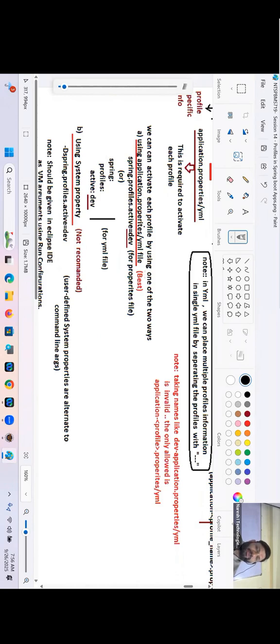We can activate each profile by using one of these two ways. In the application.properties or YML file, that is, spring.profiles.active=dev. Or we can take the support of system properties, guys. But the best is working with the property file, because for system properties we have to know some Eclipse settings to give them.